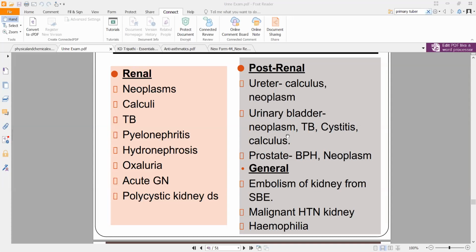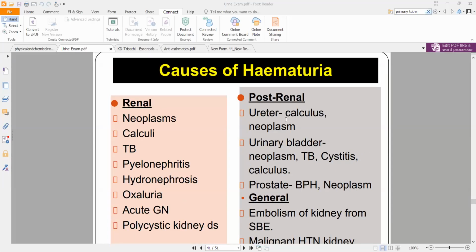If it is occurring in your kidney, okay, if someone already has TB and that is spreading to your kidney, then it will start causing damage to your kidney, where TB is causing hematuria, right, because of damage of your kidney. Or pyelonephritis, where there is a bacterial infection. Or hydronephrosis, excessive amount of water being consumed and water being excreted. All right, so excessive water damage. Oxaluria, where basically oxaloacetic acid and oxalates are being excreted in your urine and they are causing damage. Again, you don't have to memorize all of them or understand all of them. Okay, a few of them will be enough.